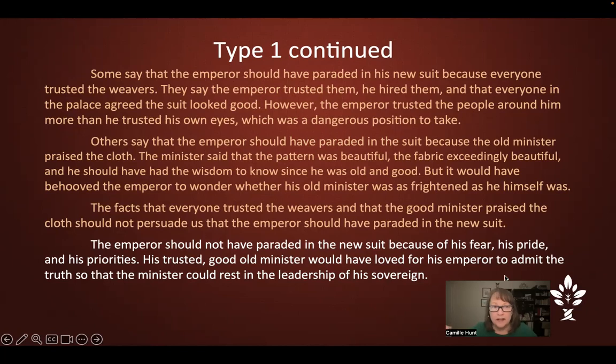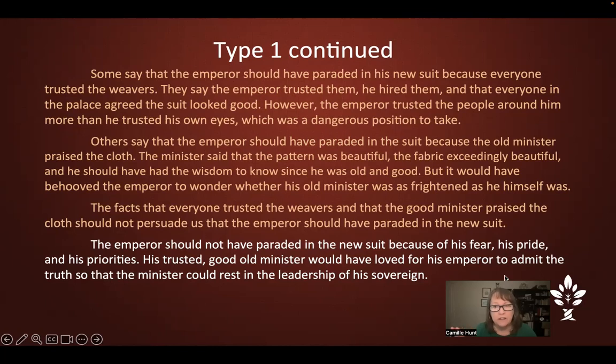So we're going to say now, to make sure the audience knows what we're doing, some say the emperor should have paraded in his new suit because, here's the first counterproof, everyone trusted the weavers. They say the emperor trusted them, he hired them, and that everyone in the palace agreed the suit looked good. However, so there's the cue that we're going into the inadequacy. In the next paragraph, others say, second main reason, counterproof,